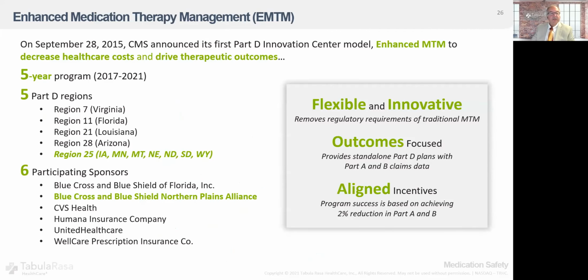Much of the science that we use has come out of the CMS's Enhanced Medication Therapy Management Program, which we've taken part of. That began in 2015 with the CMS Innovation Center and an Enhanced MTM program. It was a 5-year program that's just starting to wrap up this year. There were 5 regions, in which Tabula Rasa was part of Region 25. And with our work with Blue Cross Blue Shield of Northern Plains Alliance,